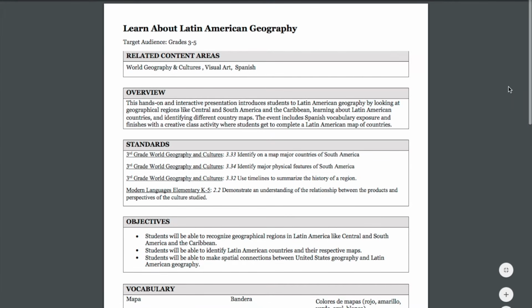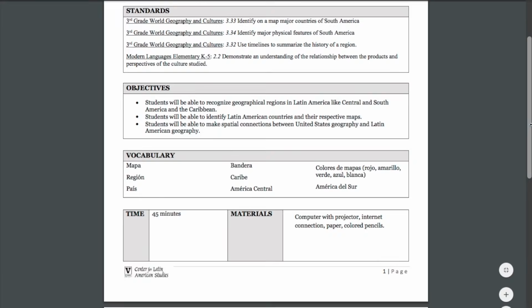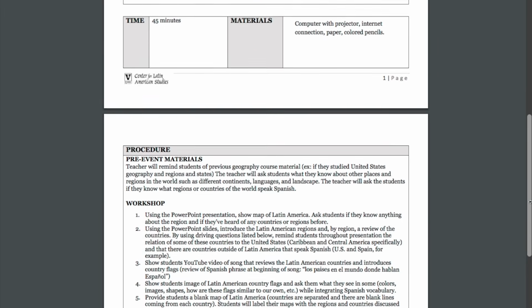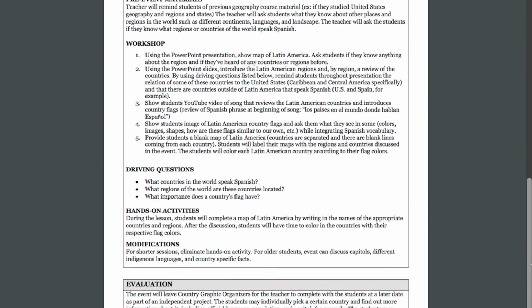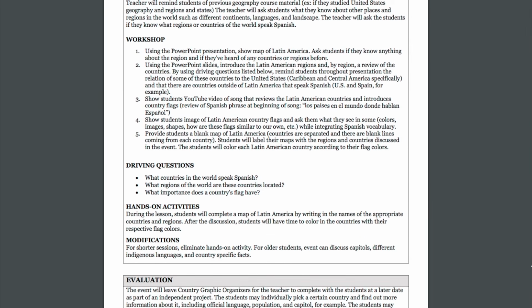In each lesson plan, you'll find a list of learning objectives, vocabulary, in-class activities, and a variety of links to useful resources. These lesson plans are also really flexible. Feel free to use them as standalone or independent lessons, or you can even adapt them for your classroom needs. For example, the average running time of each lesson is 45 minutes, but you're welcome to turn them into a mini lesson. Each lesson plan also satisfies a number of state educational standards, so that's great.